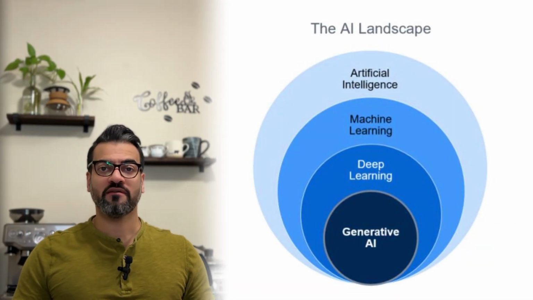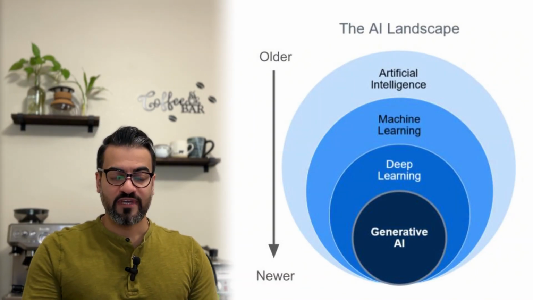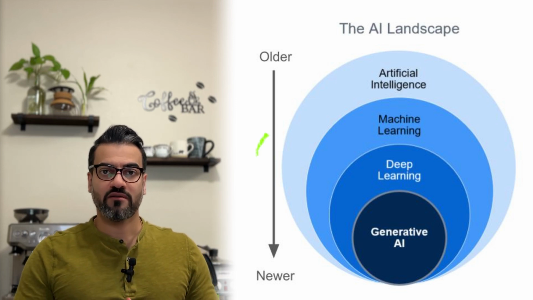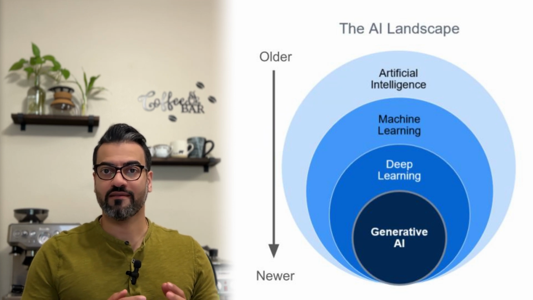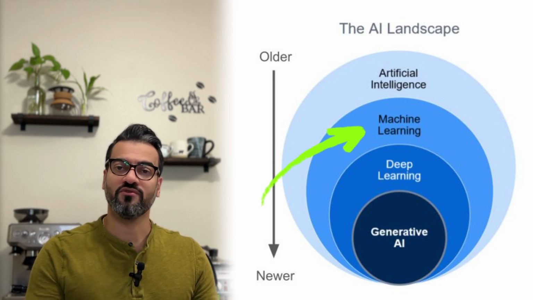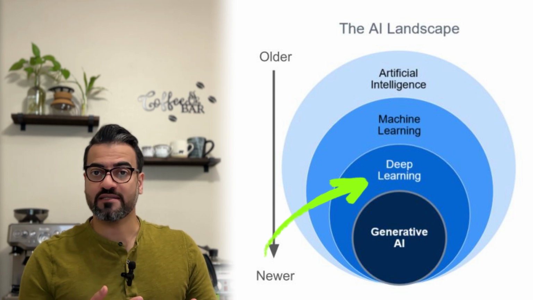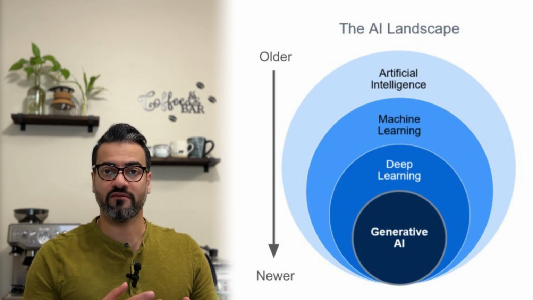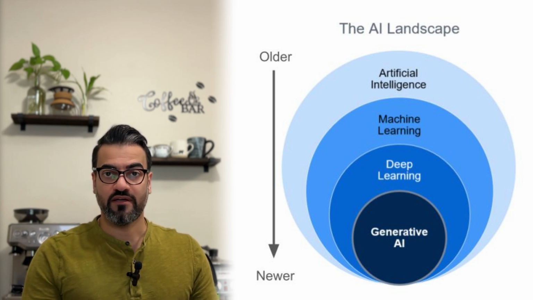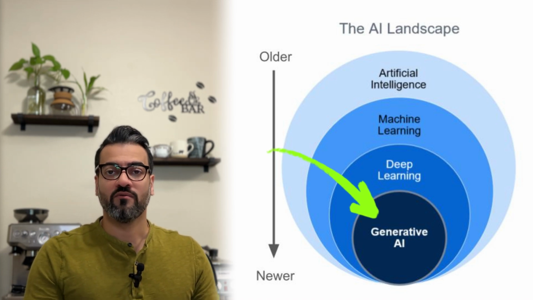All right, I have a chart here that shows different branches or different levels of AI. So first of all, we go from older to newer technologies. We have the generic AI. These are more algorithmic, software-oriented AI technologies. And then we go to machine learning, where you find patterns in your data. And then deep learning, which has more complex AI architectures and AI models that can do way more sophisticated tasks in the AI domain. And then we have the recent development in AI, which is generative AI, where you can generate